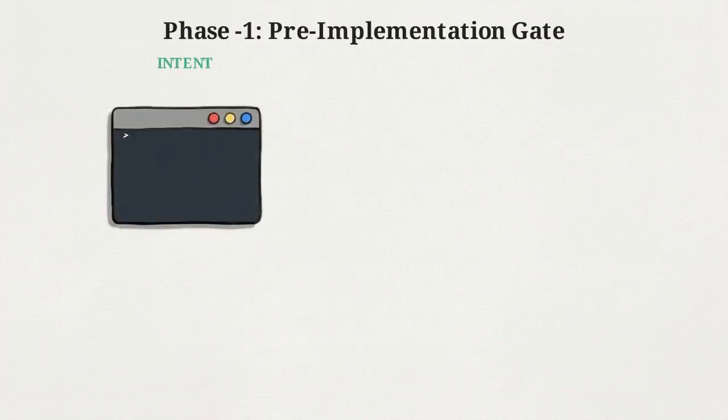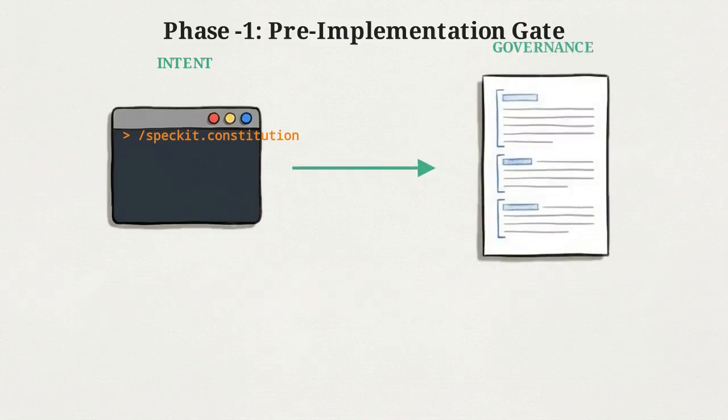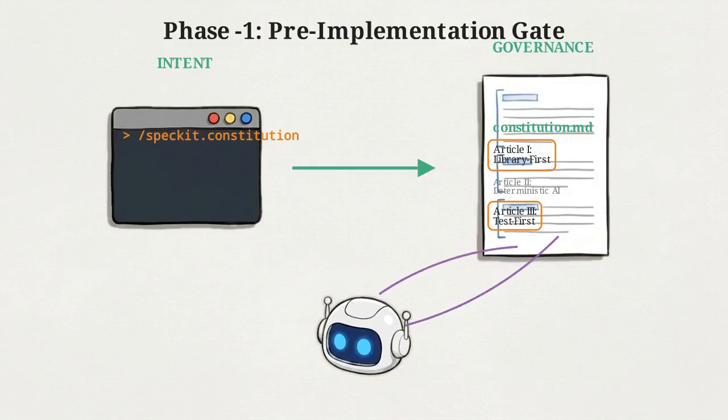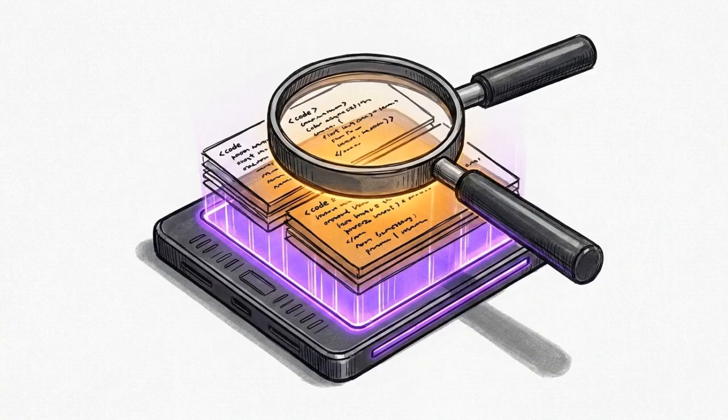We start by establishing the core rules. In your IDE chat, use the /speckit.constitution command to generate a baseline project document. This contains mandatory constraints, such as the library first principle in Article 1 and test-driven development requirements in Article 3. Once defined, every subsequent output from the AI is evaluated against these specific rules to ensure the code remains modular